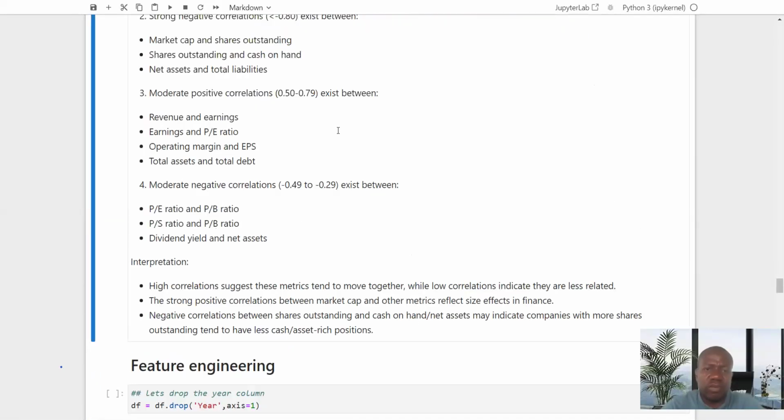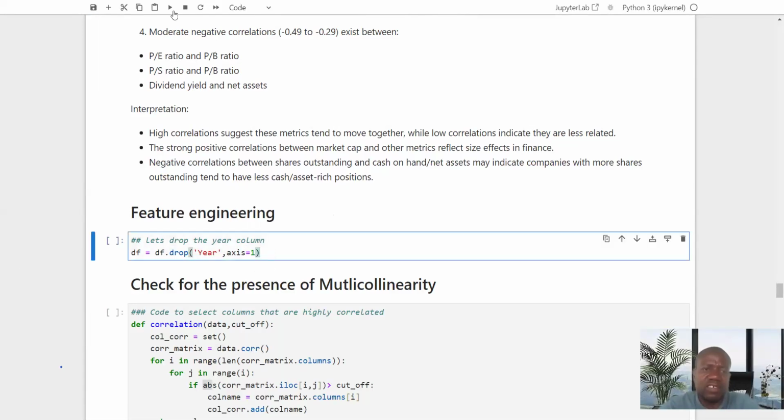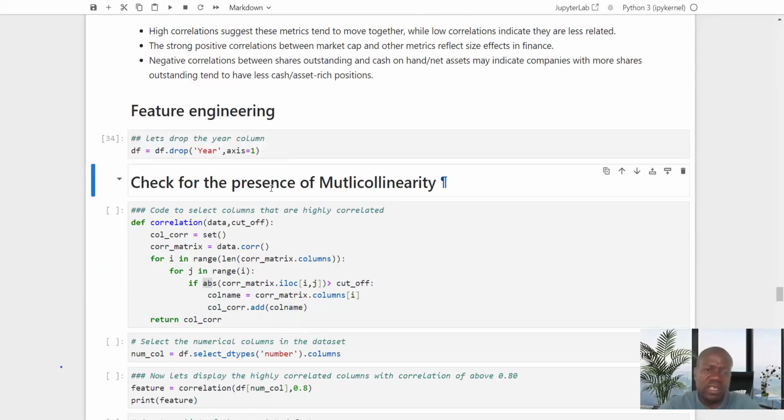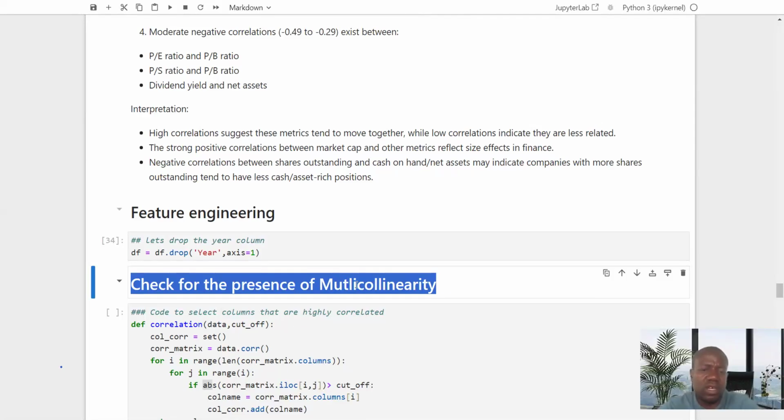However, we can now move on to something called feature engineering. In feature engineering, first of all, we have to drop the year column because it is an unnecessary column. It will not help us in predicting the market capitalization. Let's now drop the year column. Now we want to check the presence of multi-collinearity. Multi-collinearity occurs when the independent variables are highly correlated, and this might have a negative